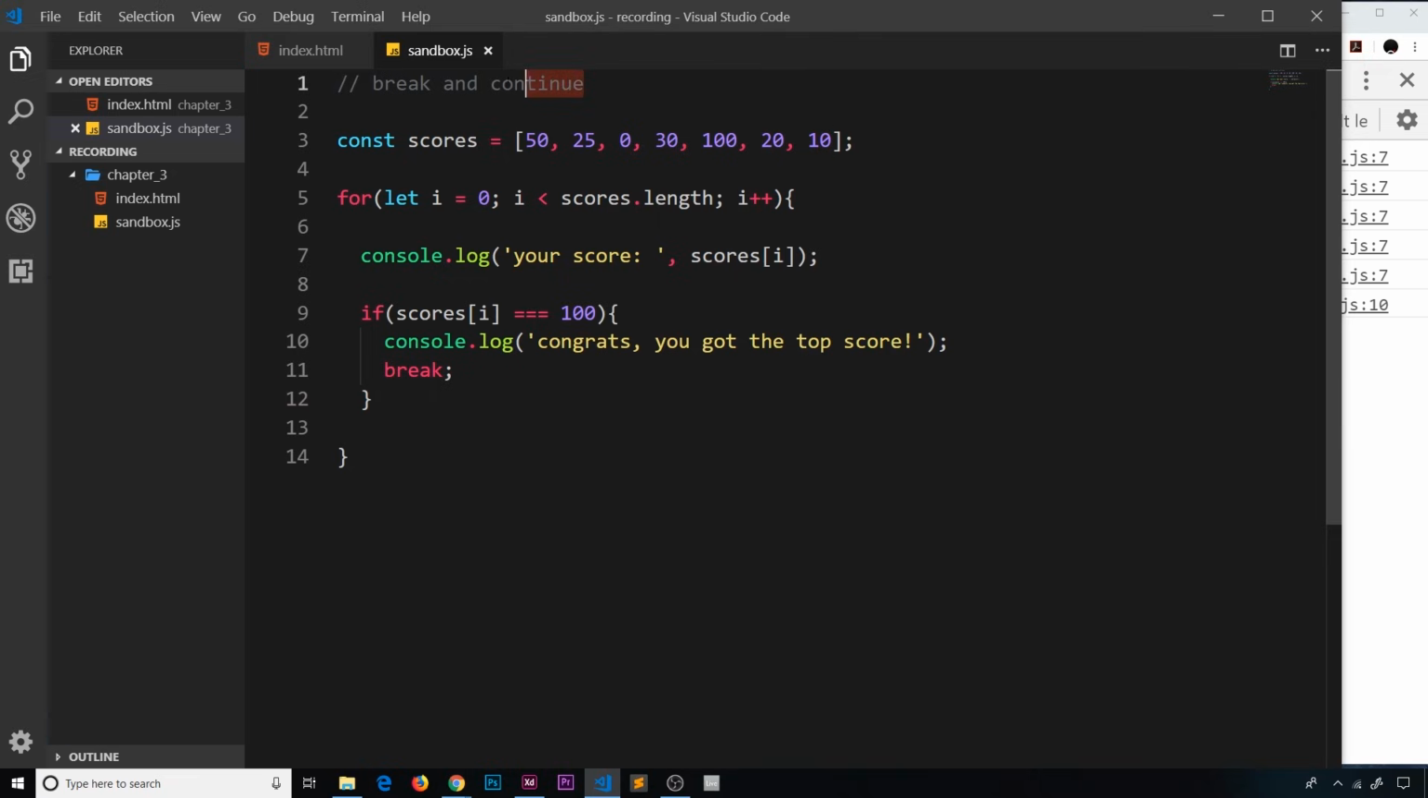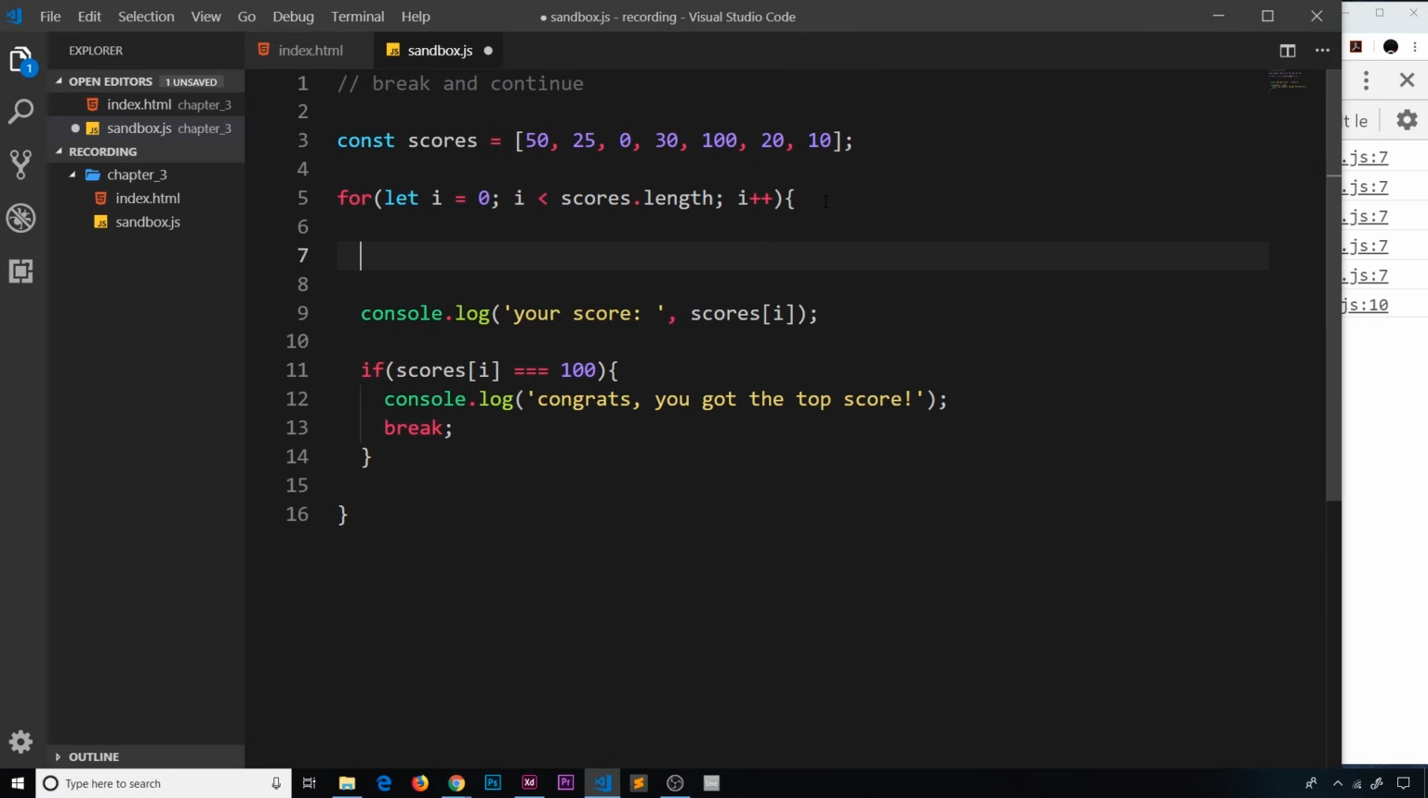So what about continue? Well, let's do another example. Say instead of 100, we now check for a score of 0. Now, that's a pretty embarrassing score if you get 0, and we don't necessarily want to log that to the console because it's so embarrassing. So what we could do instead is say, okay, I want to check if the current score that we're iterating over, so scores and then i, is equal to 0, then